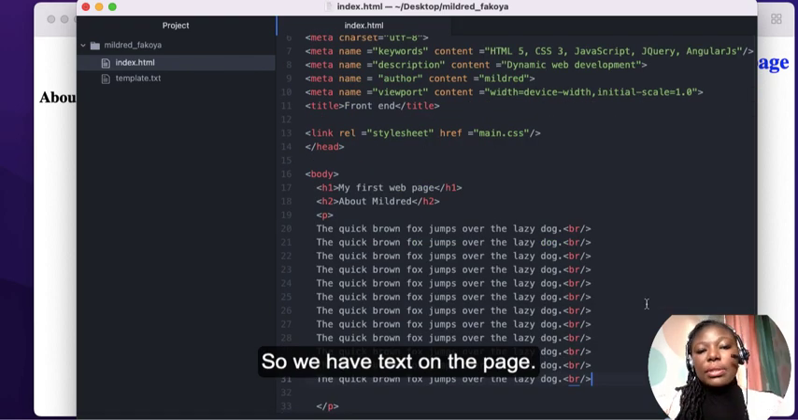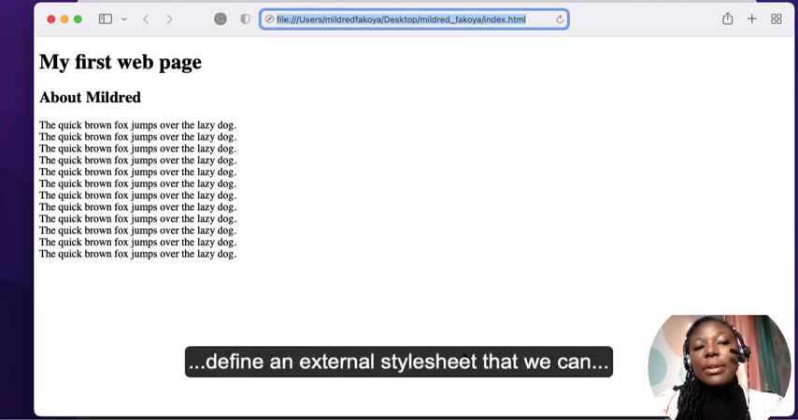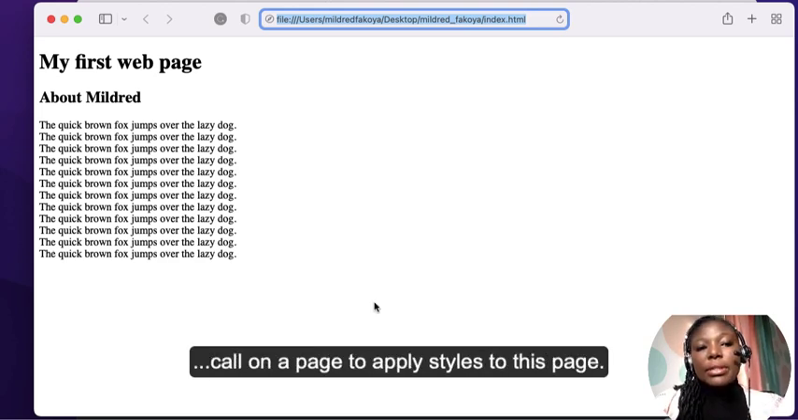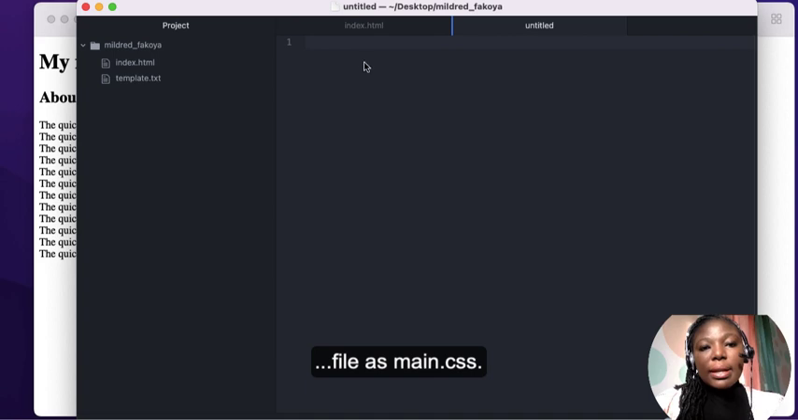Okay, so we have text on the page. Now we want to define an external style sheet that we can call on a page to apply styles to this page. I'm going to create a new file and I'm going to save the file as